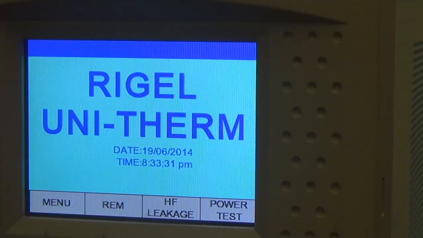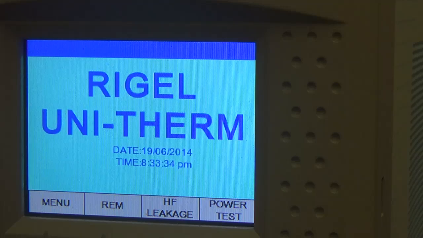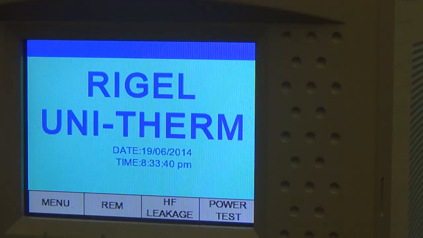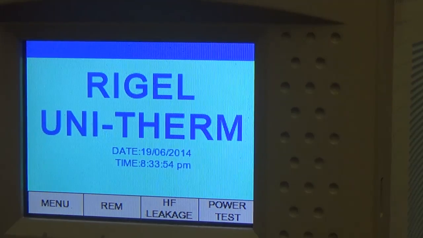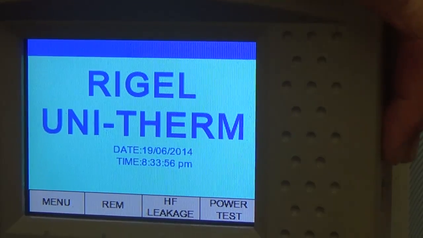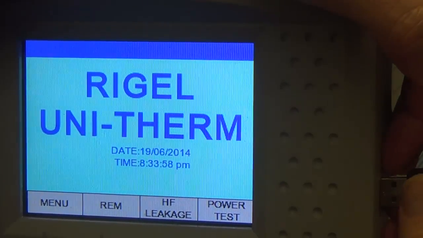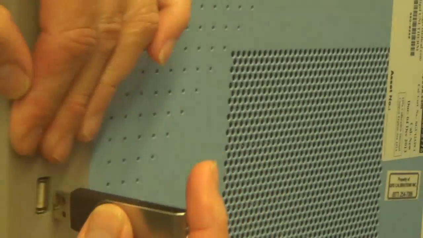So once you've completed all of your PMs, you're back down in the shop, you want to get all that data and download it to a thumb drive, and then take that thumb drive to your PC and attach all the data to your PM records rather than manually enter it. So I take a USB stick and I put it in the USB port there, right there,